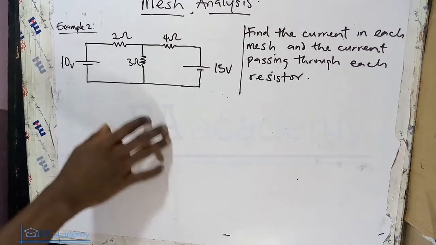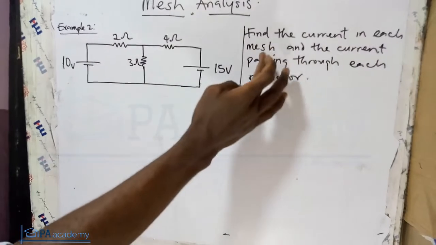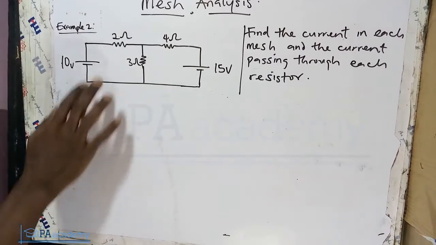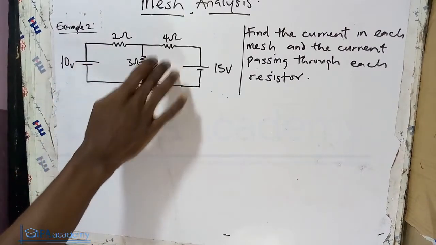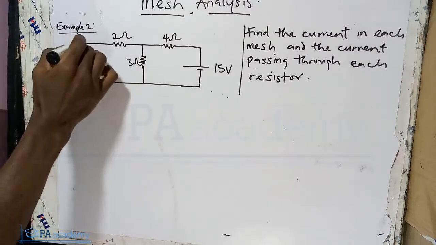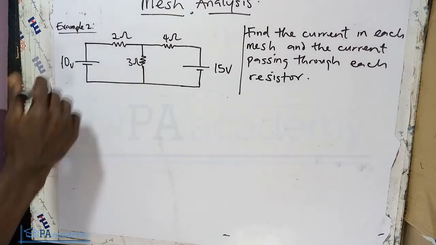Alright, so now this is the circuit. The question says find the current in each mesh and the current passing through each resistor. So also we have three resistors, 1, 2 and 3, and then we have 2 voltage sources. So what we are going to do now is to look at how many meshes we have. So we are having two